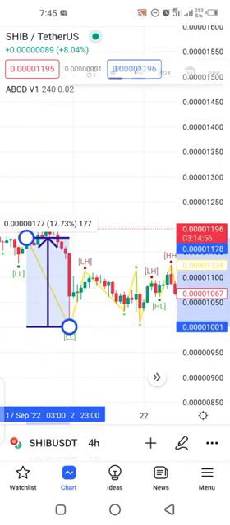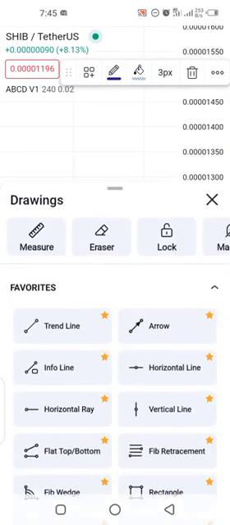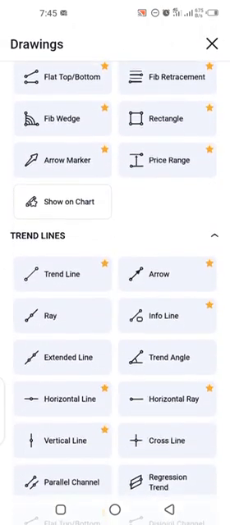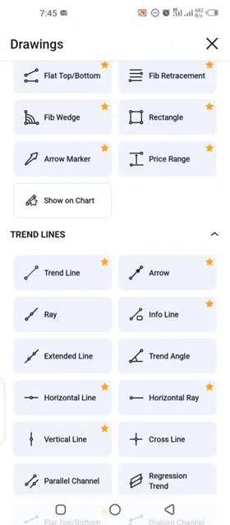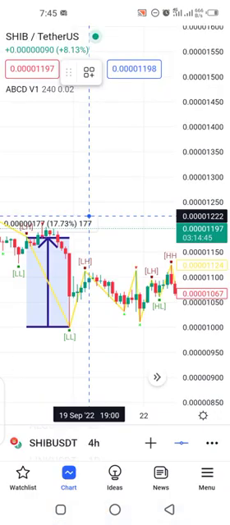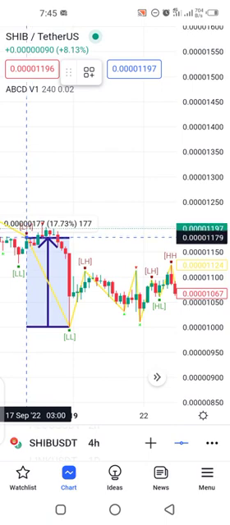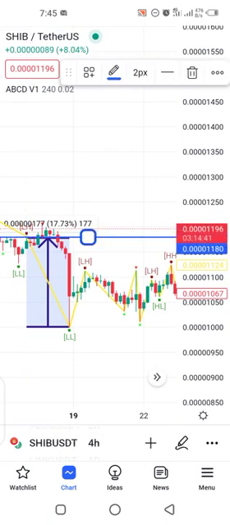Now someone may say, but will that be delivered? Okay, let us tap on the pencil and we pick our trend lines. Pick what I call personally, you can pick a horizontal line. This one. Let's measure here. Let's draw a line, whether the market will touch. The only challenge is the inability to be patient. Let us see whether the market